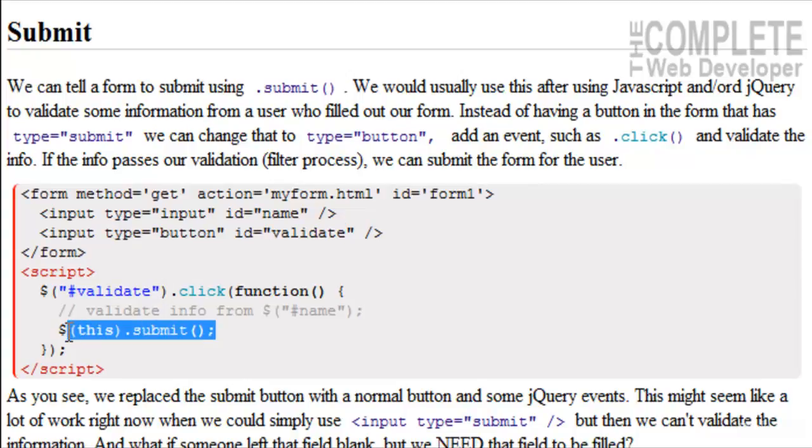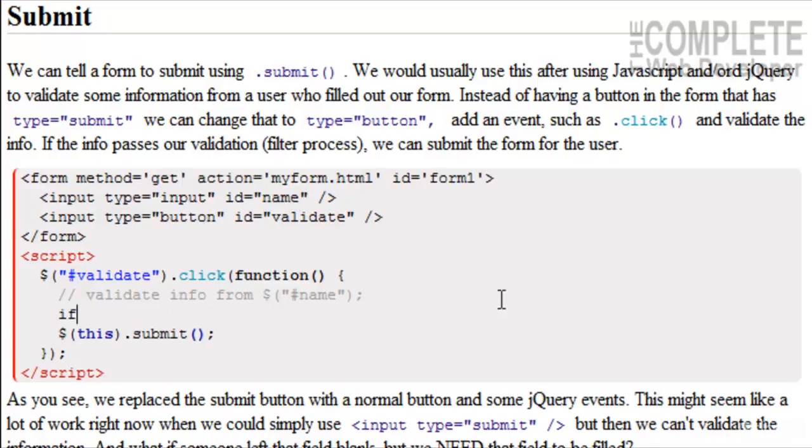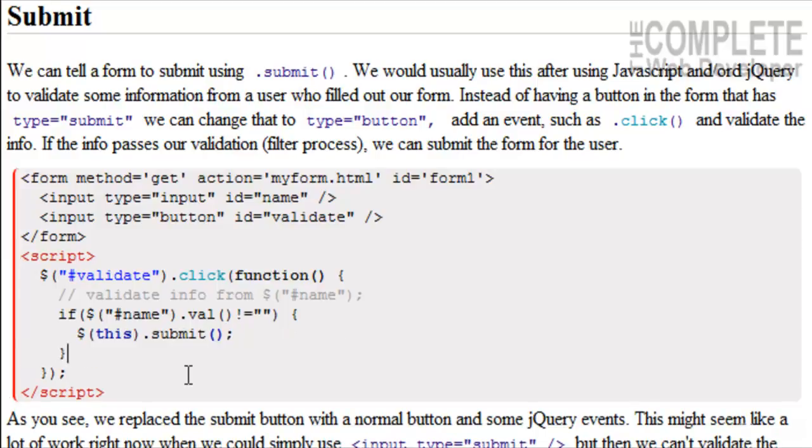Someone clicks that, we could then put in here. So in here we can now put in an if or else statement. So if the value of ID, which is equal to name, is not blank, then we can submit it. And that would look something like this, where we have our if statement, our selector, ID is equal to name, dot val is the value of this,